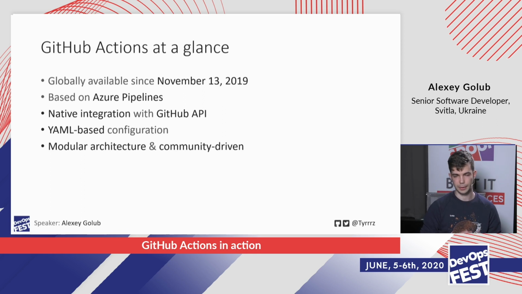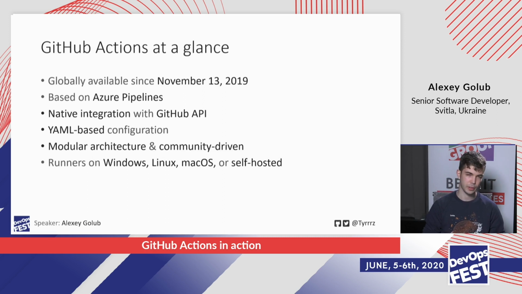And at the core of this platform is the idea of a modular architecture, which is community-driven. And what it means is that when you're building your automation workflows, like maybe your CI/CD pipelines or anything else that you may want to have in your projects, you're often just sourcing different parts, different building blocks from the community that have been written beforehand. And then GitHub Actions as a platform makes it really easy to do so. So community and this open source mentality is at the very core of this platform.